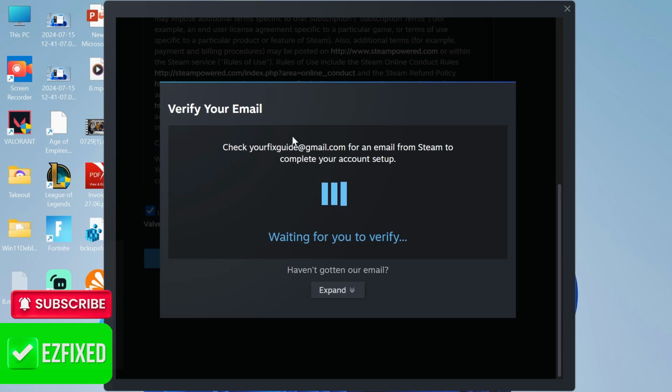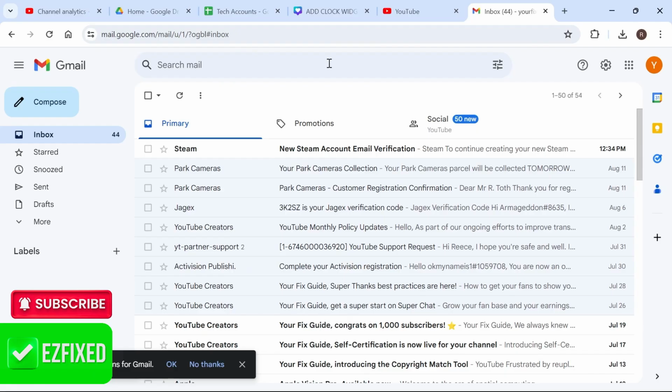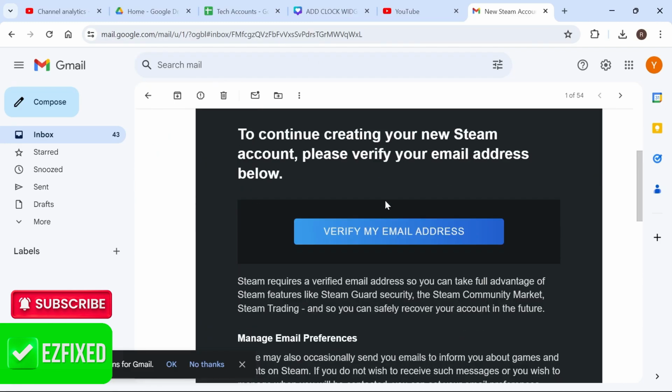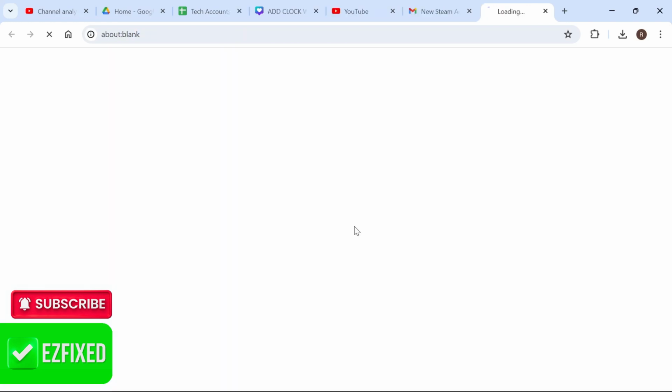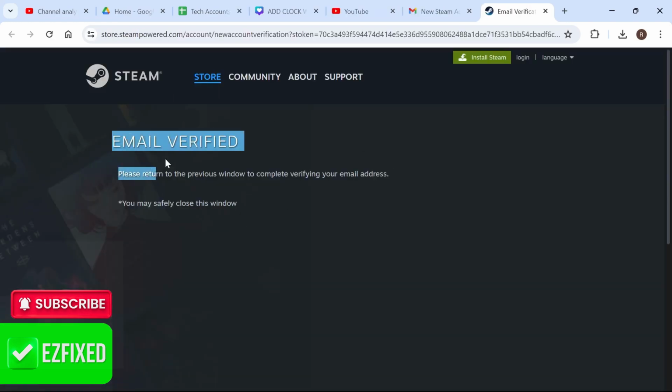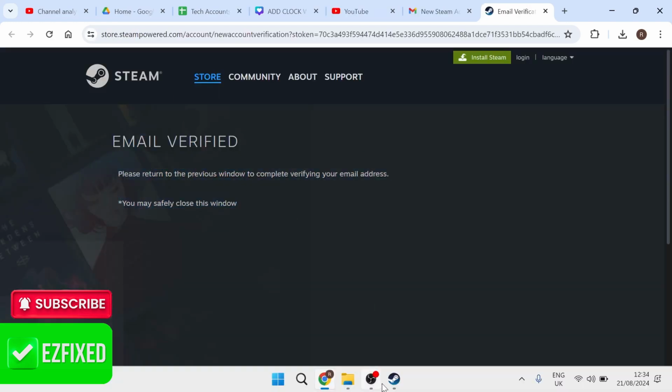in. So what you need to do is leave the Steam application running and head over to an internet browser. Log into your email account and head over to the verification email. As you can see here, we've got this verify my email address button. Just go ahead and select that. Now, once you get this screen pop up saying that the email's been verified, we can come back over to